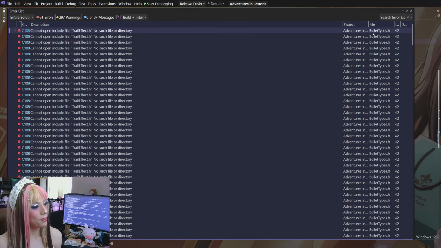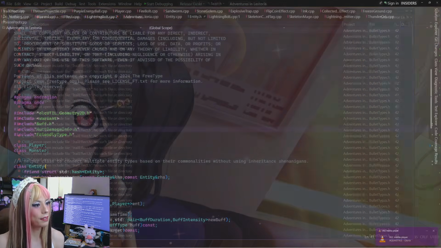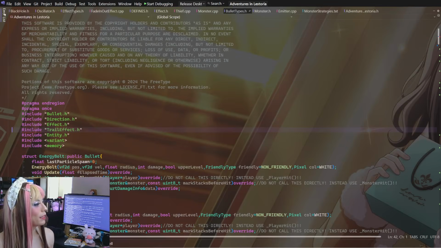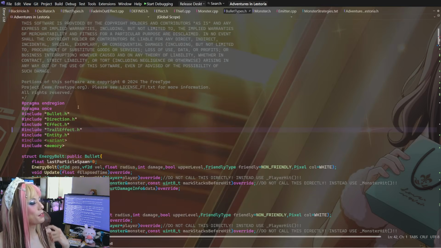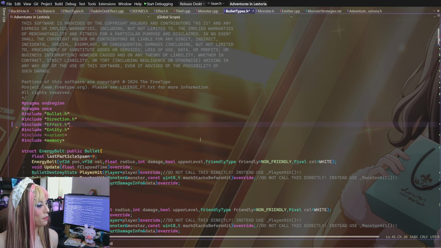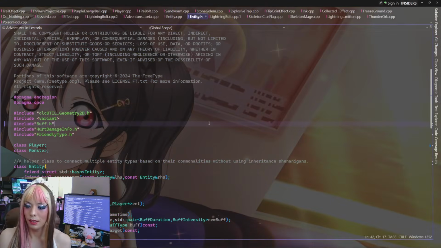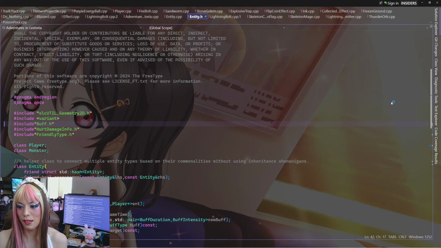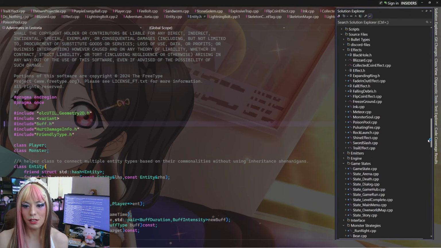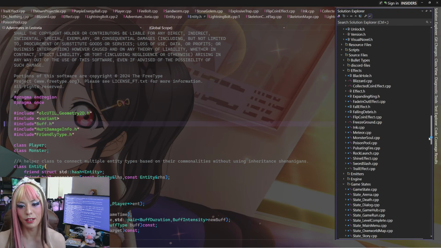So it looks like before we used trailEffect.h. Oh, right. We're transferring all these from being inline, which means all their declarations and definitions are in one header file, to being stored in separate header and CPP files. Separate implementation files, separate declaration file.